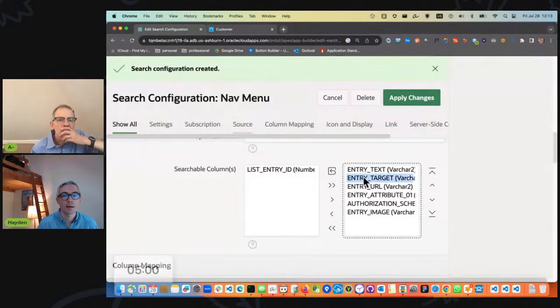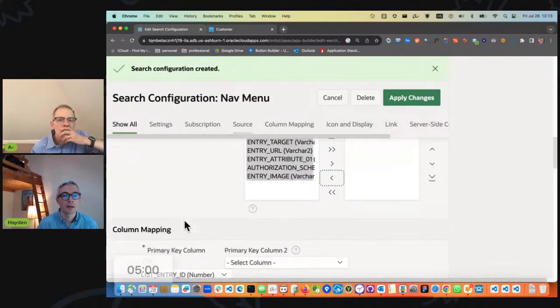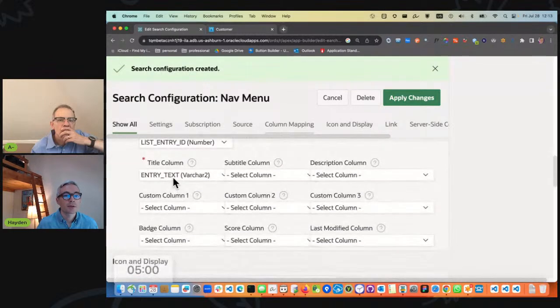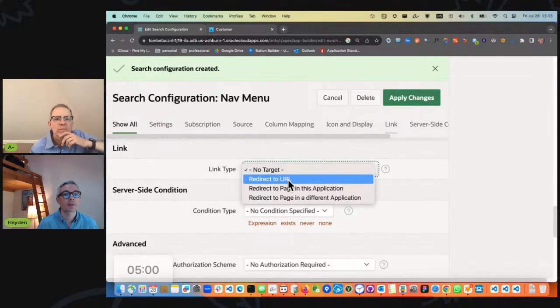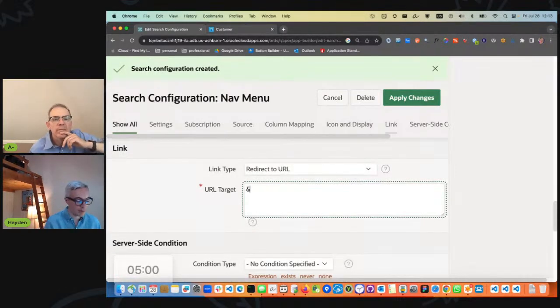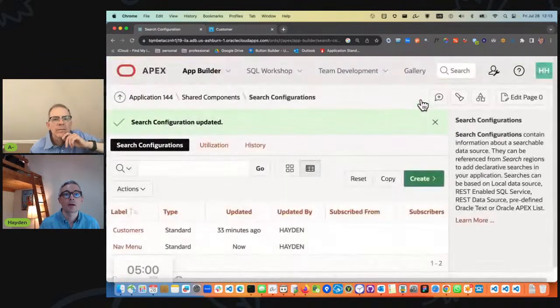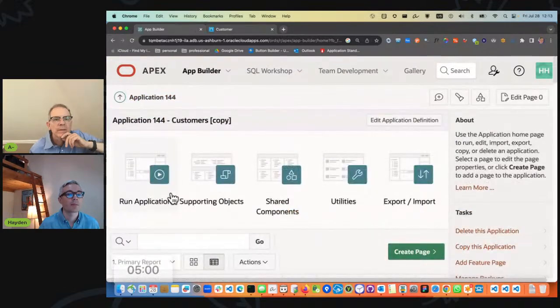And in this navigation menu, the primary key is the list entry. It's the entry text, and we're almost done. And we'll also discuss the query in just a minute. Yes, so it's going to show the entry text, and then the link type is going to be redirect to URL, and I'm going to reference the entry URL, which is a field in my query. And now back on page 0,